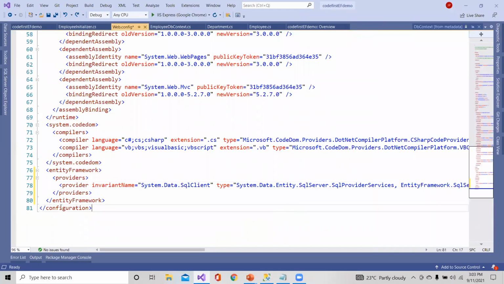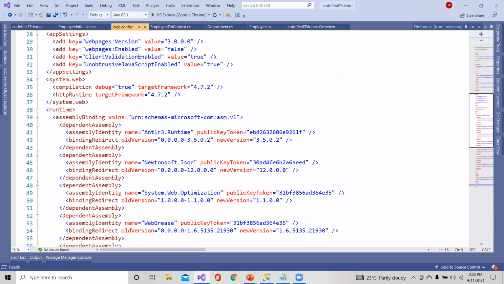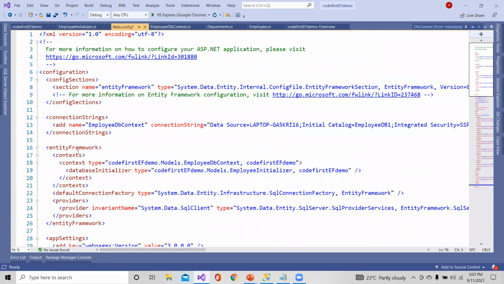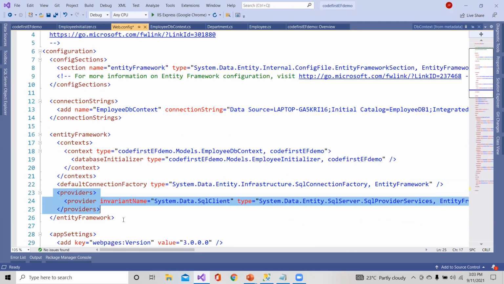As we are getting that number of errors, one more instance is there for the entity framework. Let me remove this, as I have already added the provider here. The second provider, if we add it, is going to show us the error. So now let us come back to